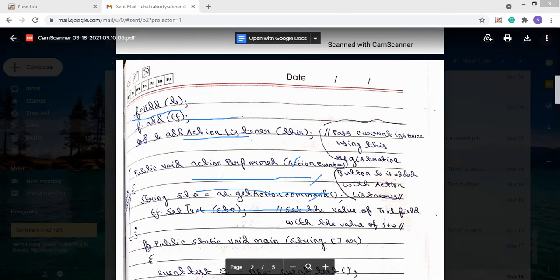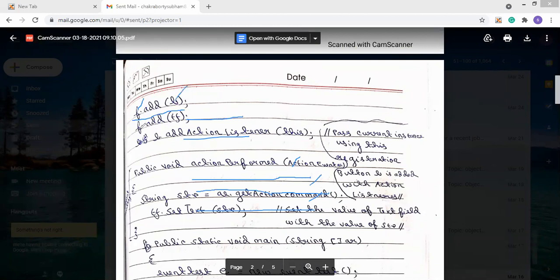If we want to add the button into the frame, we call it through the frame object, so f.add, and in this method we pass the Button class object.